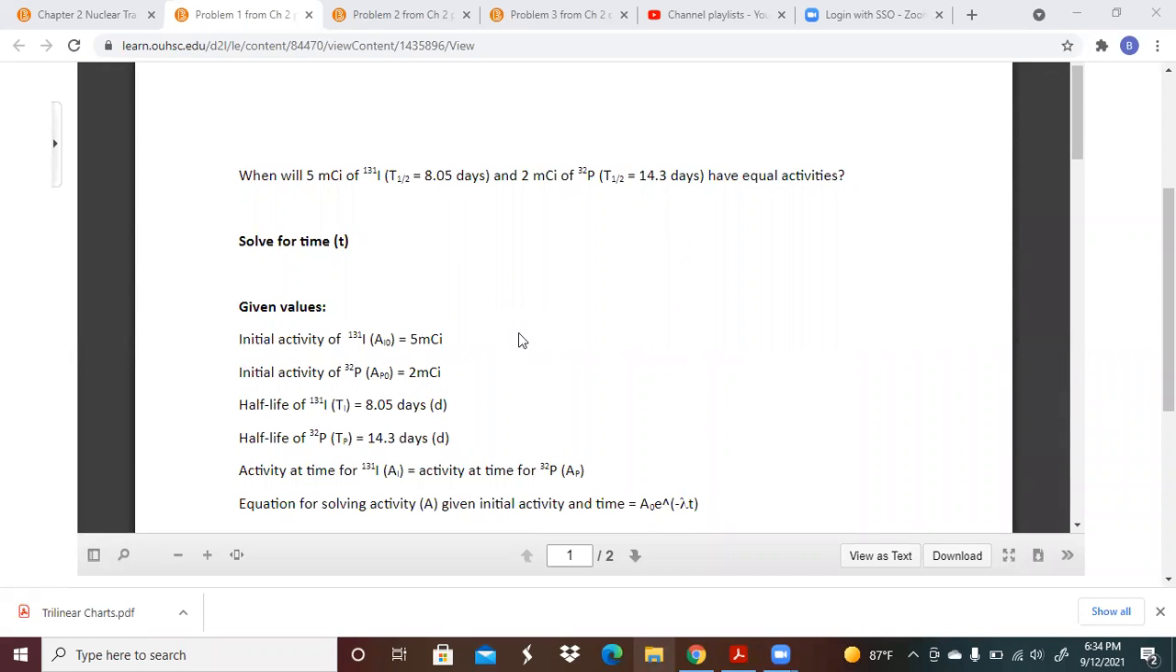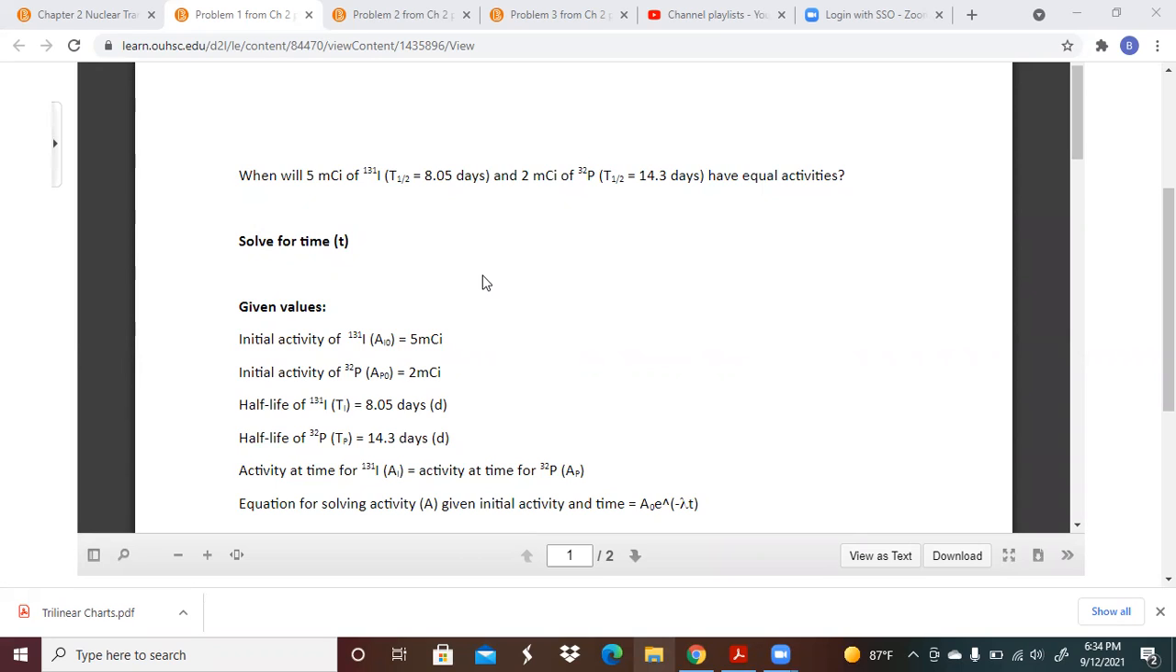Okay, I'm going to go over a few problems here. That way you guys have a general understanding as far as how to solve some of these specific problems. The first one here is going to be when will 5 millicuries of iodine 131, given the half-lives given there,